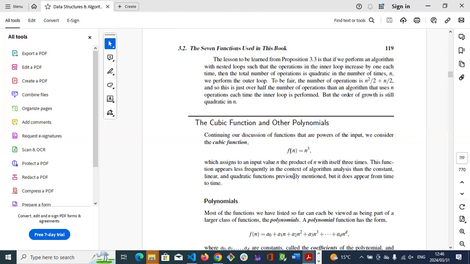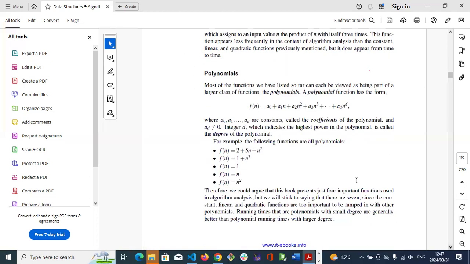This function appears less frequently in the context of algorithm analysis than the constant, linear and quadratic functions previously mentioned, but it does appear from time to time. Most of the functions we have listed so far can each be viewed as being part of a larger class of functions,